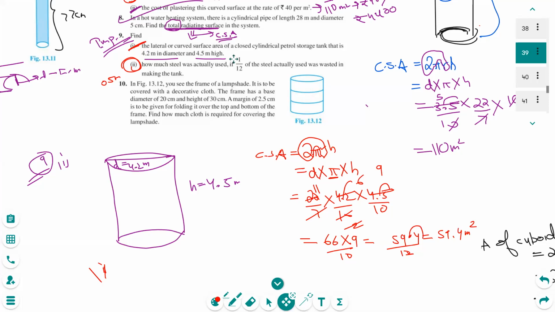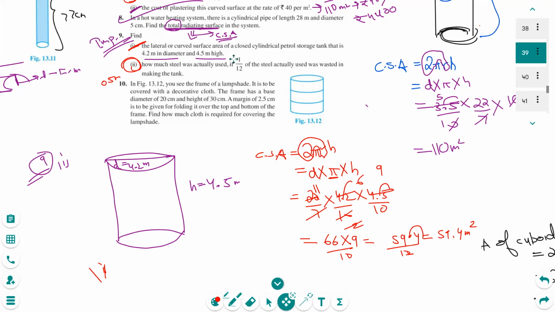Okay, it's steel for now. So what is happening? I actually took some steel. Then I was making a tank. Okay, a tank is always closed. In the first section it was open because we only talked about curved surface area, but a tank will always be closed. If you have to transfer it somewhere else, it has to have a bottom. It will always have a bottom and it will always have a top.